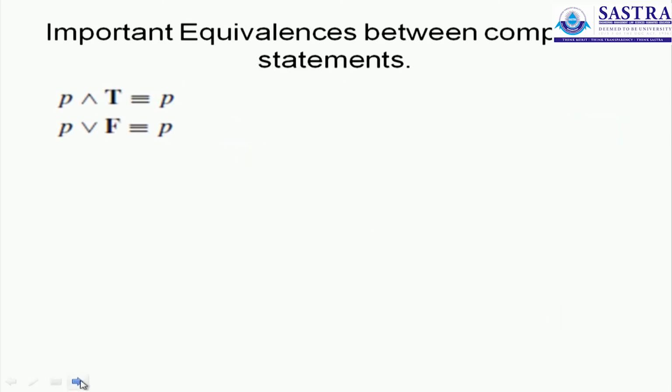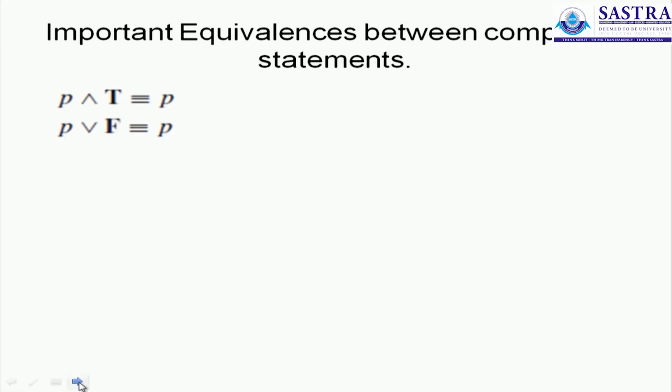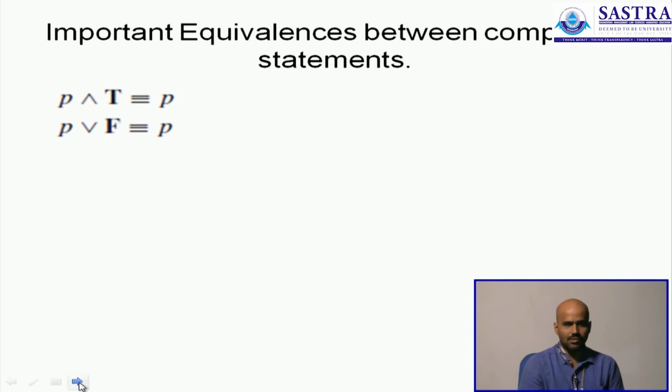What we have next is a set of properties. So far we have proved a lot of equivalence relations using this idea of a truth table, but there are some equivalence relations which are the fundamentals behind Boolean logic. You don't have to prove these again and again. You can refer to them by their names. We will give a name for each of these statements that we will see next, and when you are supposed to solve problems you can use them by their reference names. You do not have to show that they are equivalent every single time that you are solving it.